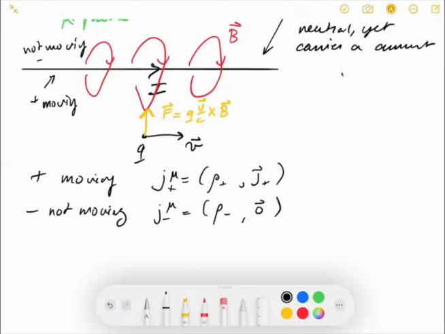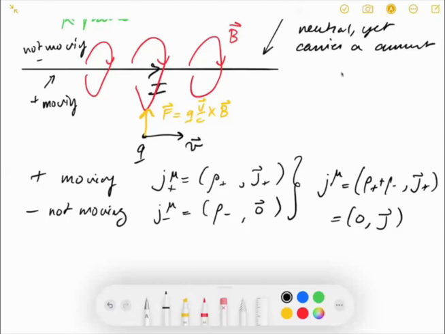Okay, so adding these together, we get a current in K that is rho plus rho minus, and then J plus. But of course, that is 0, and that is going to be J vector, because that's the current that is actually being carried by the wire. But now we have it set up in such a way that it makes sense. Okay, now